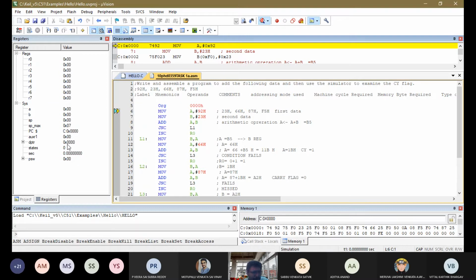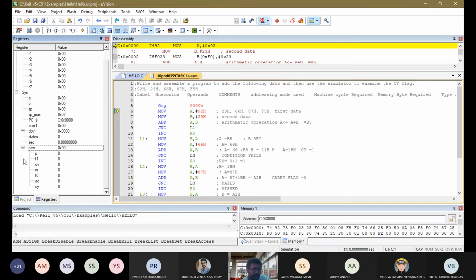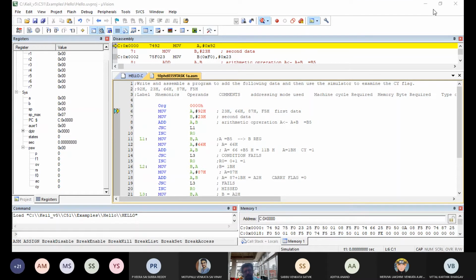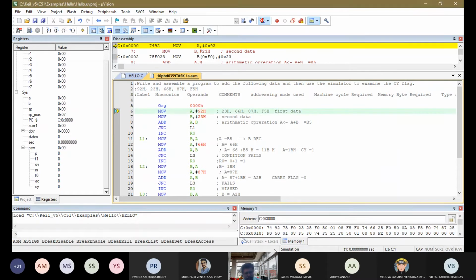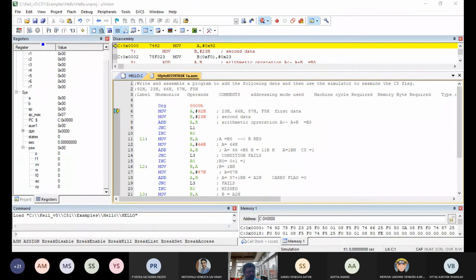Next, DPTR is 0, a 16-bit register. So you can find out the 16-bit registers. What are the 16-bit registers in 8051? DPTR and program counter. Okay. What are the 8-bit registers? PSW, R0 to R7, A register, B register, SP, SP max. All these are 8-bit registers. Program status word: initially everything is 0. Okay, so this particular thing gives the overall view. I will snip it and give it, what is very important for your